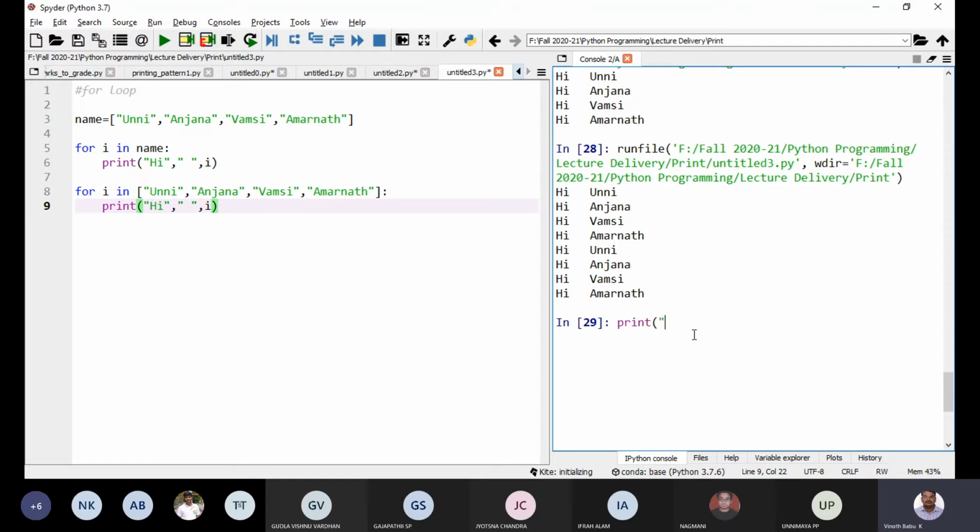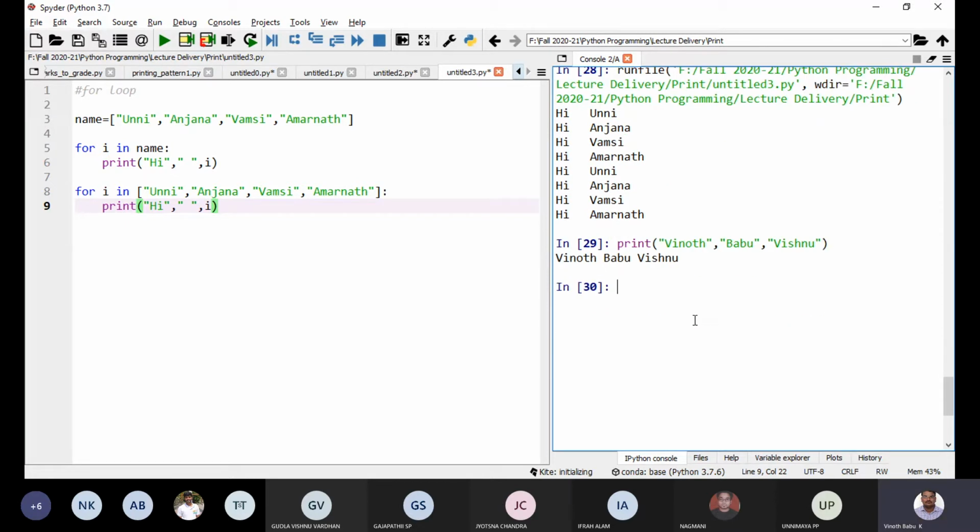Say for example, print Vinod, something like this. So you can print multiple at the same time.